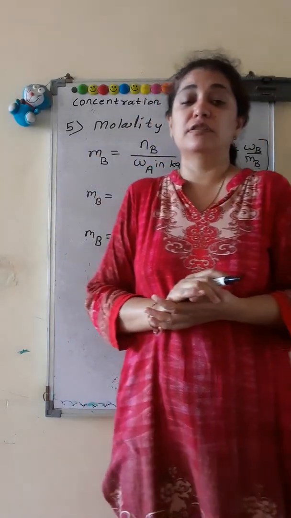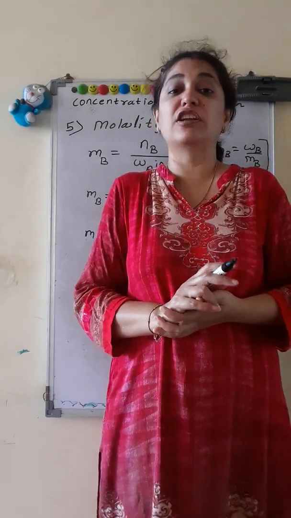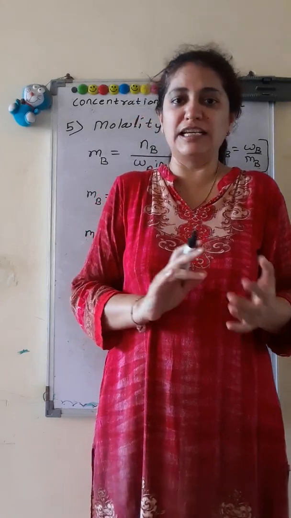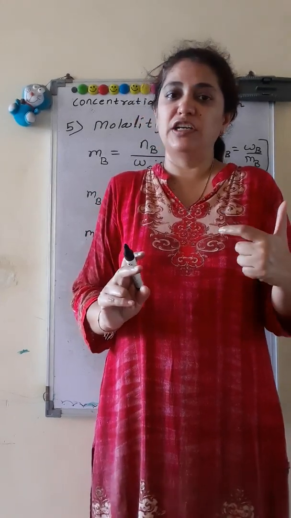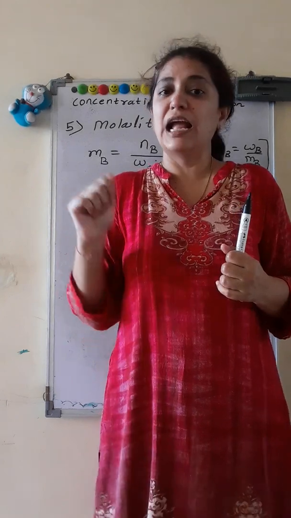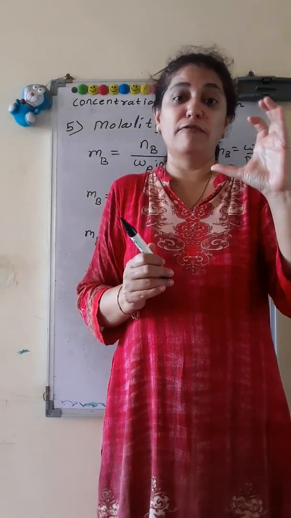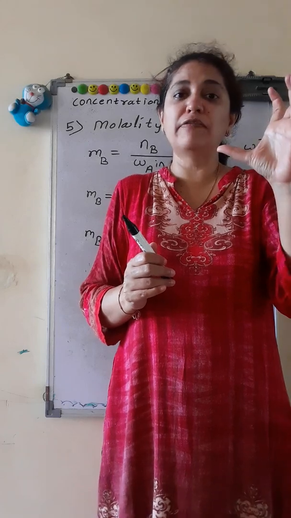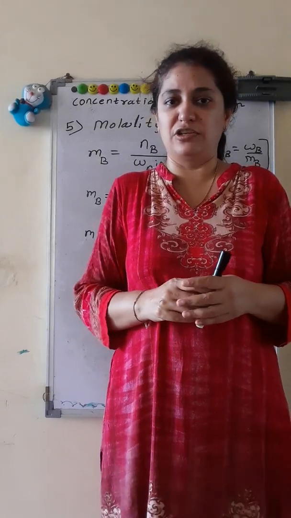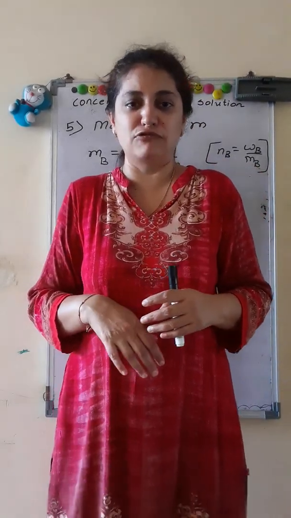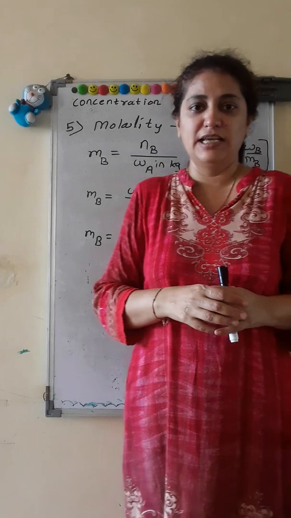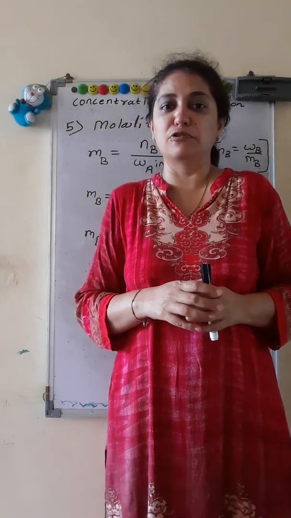Beside these 5 ways of expression which are given in textbook to express the concentration of solution, we also have normality and formality. In normality, we take number of gram equivalents in given amount of solution in 1 liter of solution, and in formality we take number of formula mass or formula weight of substance in given amount of solution expressed in liters. But those two terms we are rarely using, so you just prepare for these 5 terms, specifically molality and molarity, because it's interconvertible also.